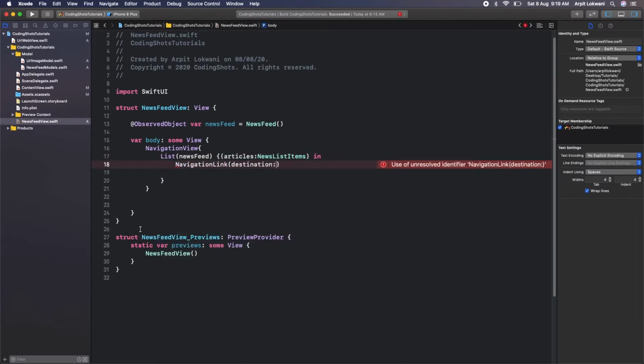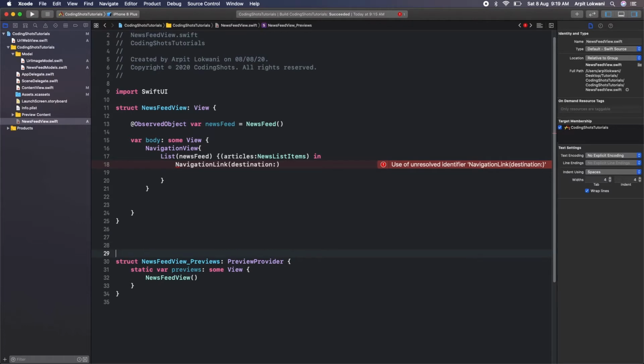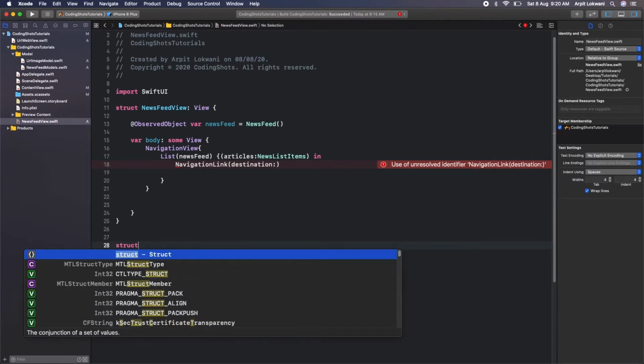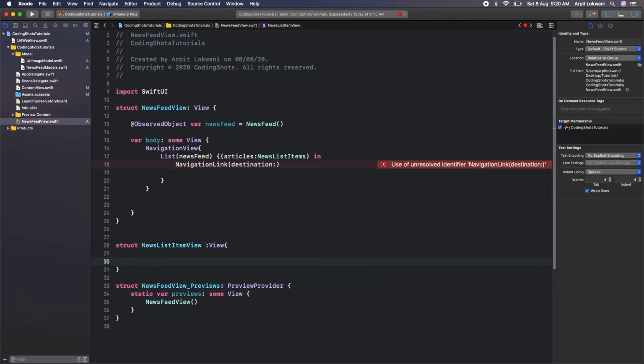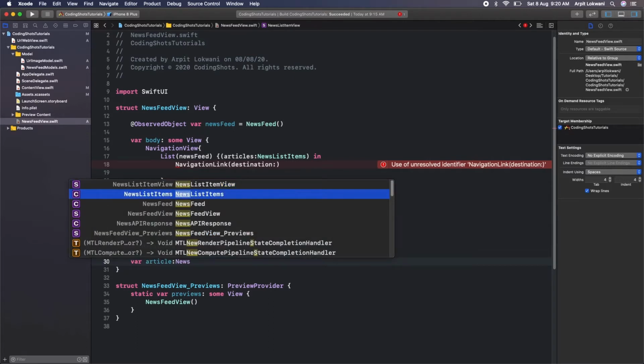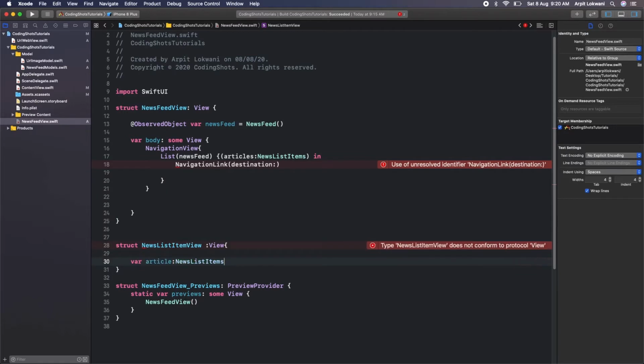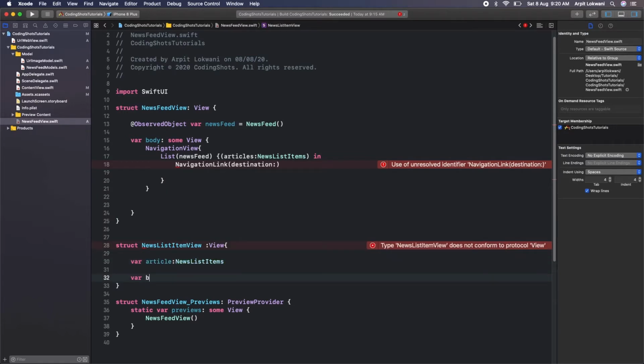It will be simple, we can create it downward somewhere here. You can create it in a new file as well, or wherever you want. News list item view, fine, it's a type of view. We can say give me the article, so we can create one variable which is of type news list items, fine. And the body, we need to create that.